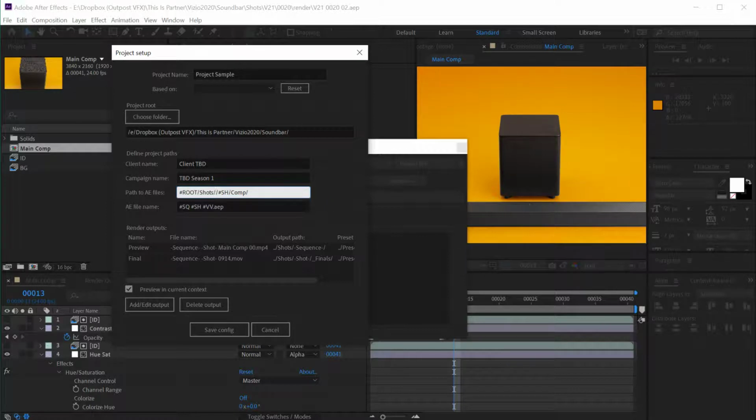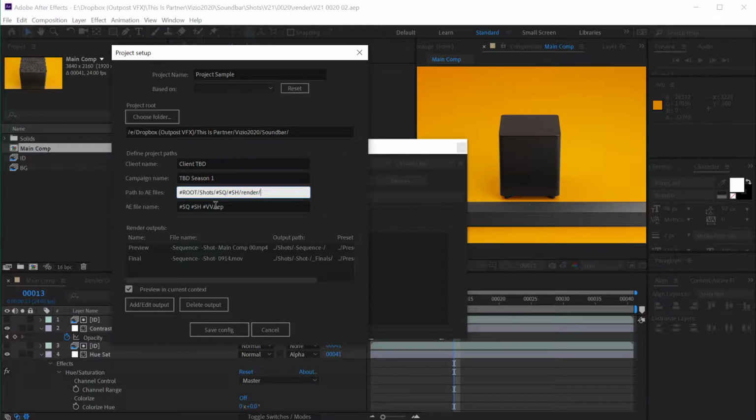But if it does, you do want to add that, and you want to make sure that the wildcard is consistent with what you see written here. So hash SQ, capital S, capital Q. I'm going to change this to render, because each project file in this particular project is saved in a subfolder named render within the shot folder. And that's pretty much all that I need to do in order to